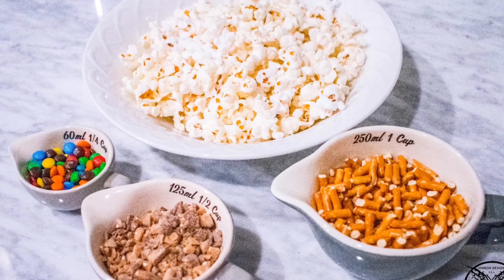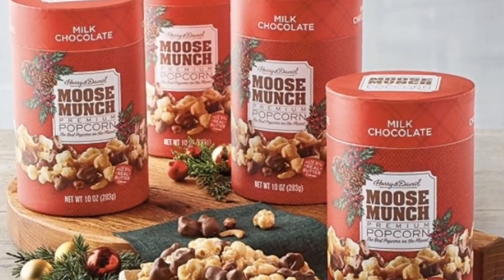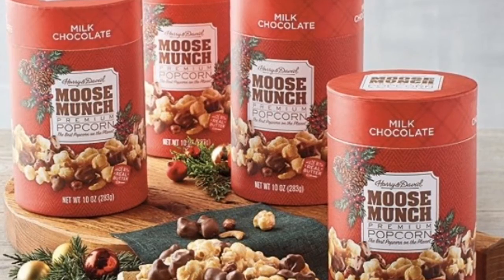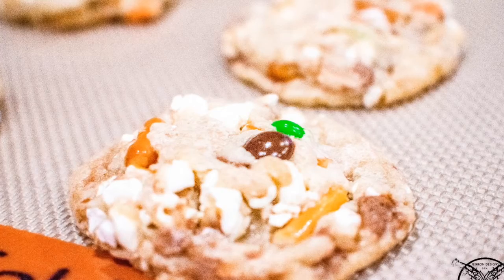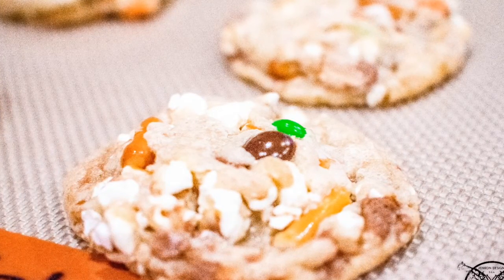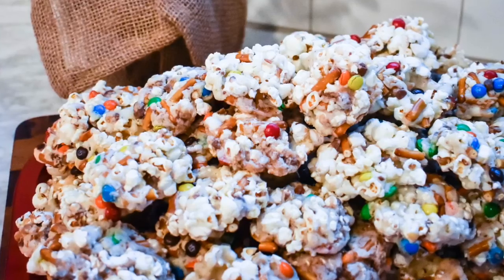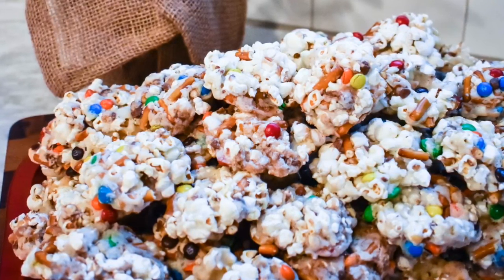popcorn, pretzels, or candy. A great time-saving tip would be to use Moose Munch Premium Popcorn since it contains all the snacks in one package. As you can see, the popcorn and pretzels bake right into the cookie, making it a textural treat for your mouth. I do admit adding popcorn to a cookie is a very unexpected ingredient, but it's perfect for those holiday